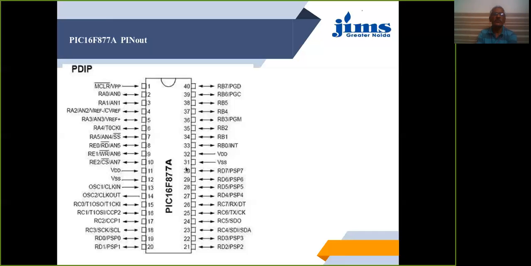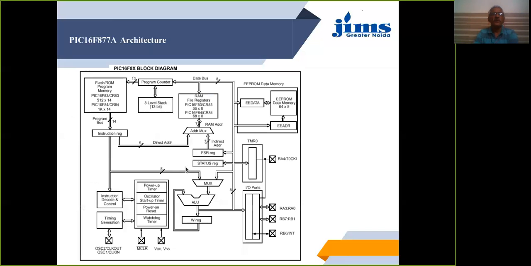But before that, let's look at the internal architecture of the 16F877 microcontroller. As you can see, let's first see what the different blocks available in this controller are, and then see the data path, how the different blocks are connected. Looking from the left side, there is a flash memory, which is addressed through the program counter. The program counter, when initialized, starts with the address 0000. It points to the program memory.